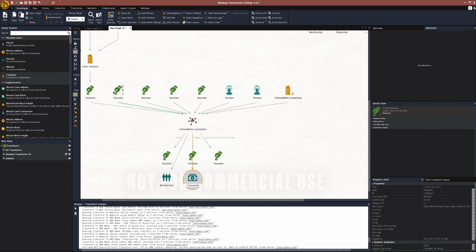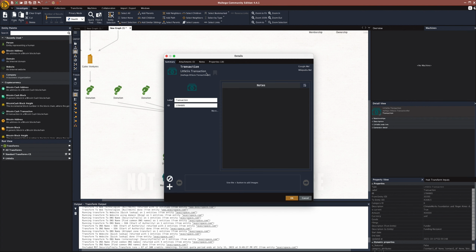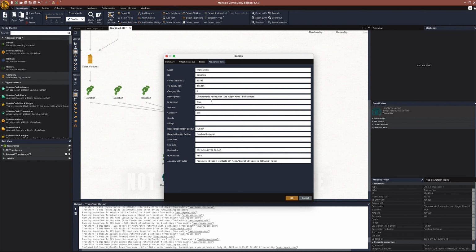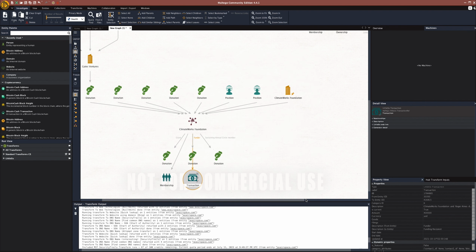So let's see. This foundation is making donations as well. Let's take a look at the transaction. It says a guy named this did business with Climate Works for the amount of that. Now this is public data, right? There's no hacking. There's no doing some illegal activity. This is all legal. This is out there in the public domain that this particular person did business. Well, who is this person? Well, we could bring this person in now